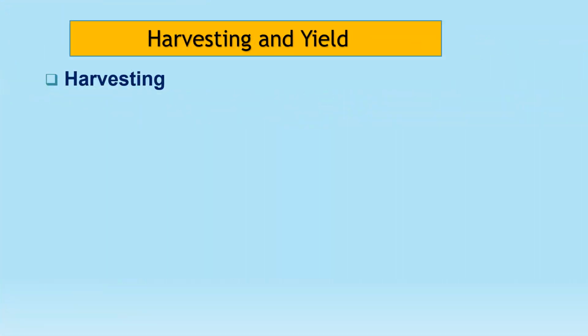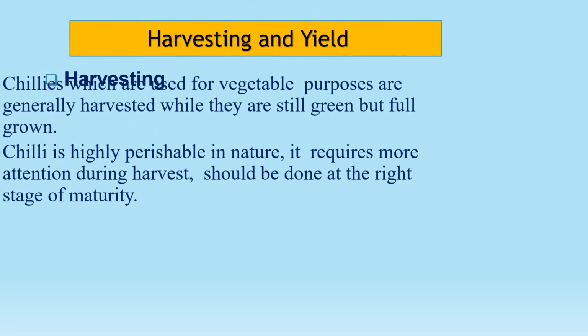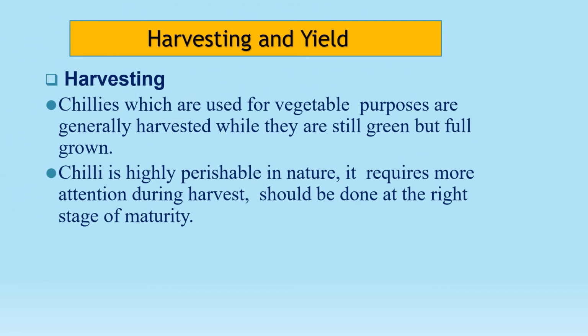About the harvesting and the yield. What is the harvesting? The chilies which are used for vegetable purposes are generally harvested while they are still green but full grown. And chili is